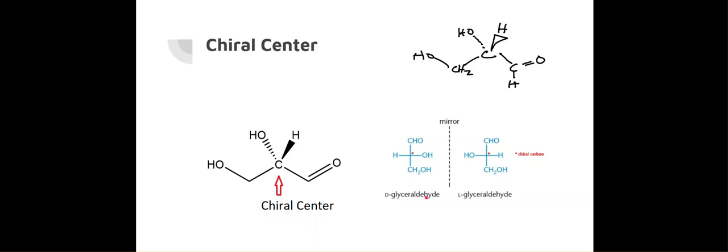Here's an example. I don't know why I have this here either, but this is an example of D-glyceraldehyde, and this is an example of L-glyceraldehyde. We'll get into this in a minute, but D rotates light to the right and L rotates light to the left. And this is a chiral carbon again, because it's got 4 different groups to it. This is called a Fischer projection. We're going to look at that.